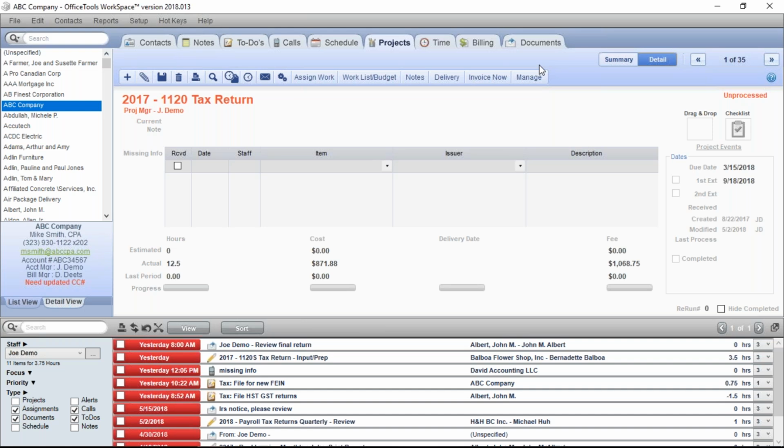So budgeting in Office Tools is actually a two-sided thing. On one side, we have staff budgets, and on the other side, we have our work budgets. Now, staff budgets are really about determining how much time we want to allocate to a particular person, and then tracking that against what they've actually done and what we've assigned to them.